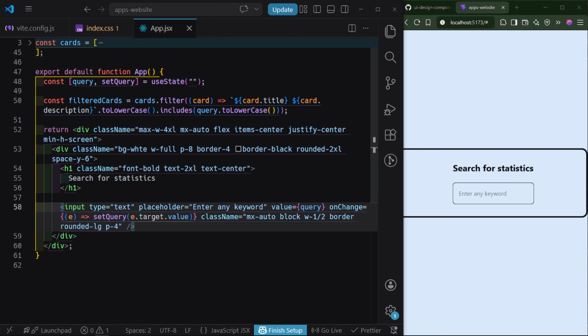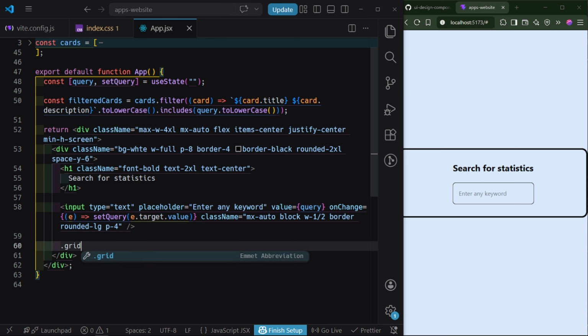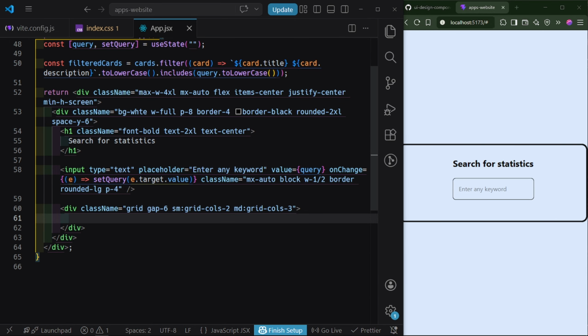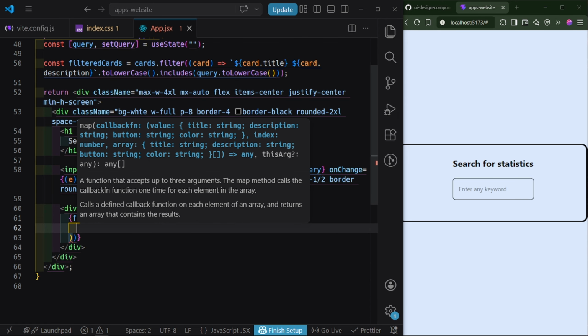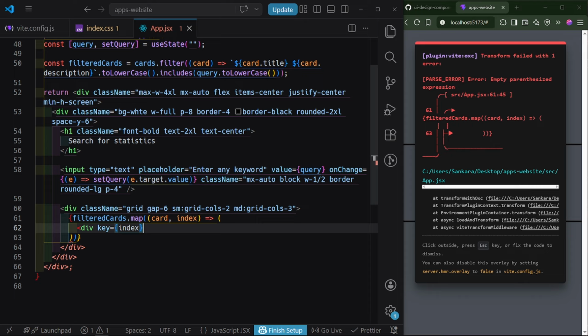Now below the input, we're going to have a div with a className of grid, and then gap-6, and then on small screens and above, we're going to say grid-cols-2, and then on medium screens and above, grid-cols-3. Inside here, we are now going to map over our filtered cards. So filteredCards.map, and then for every card that we get back, we also want to get back the index,